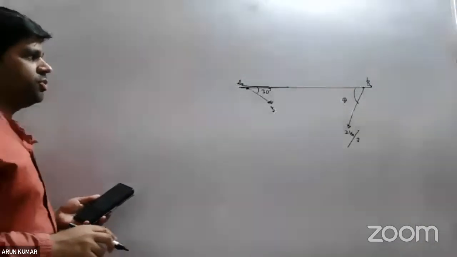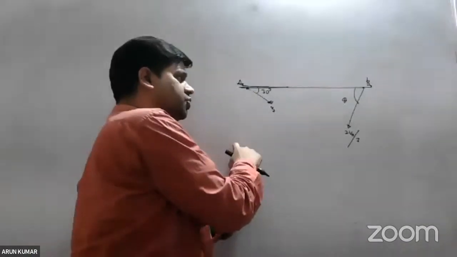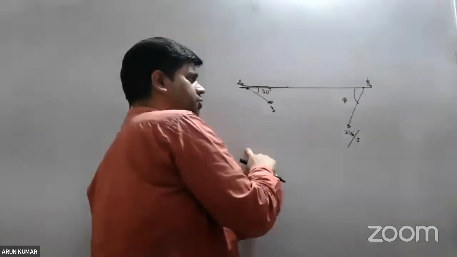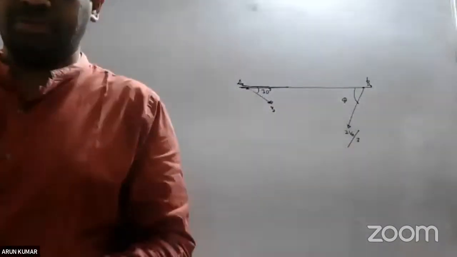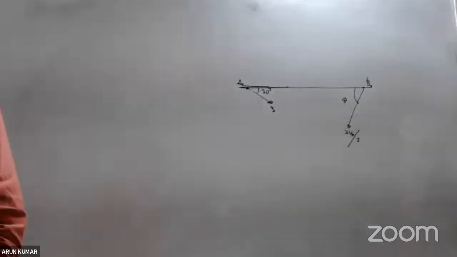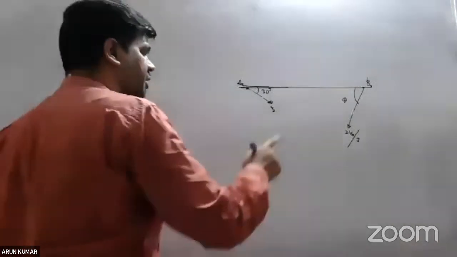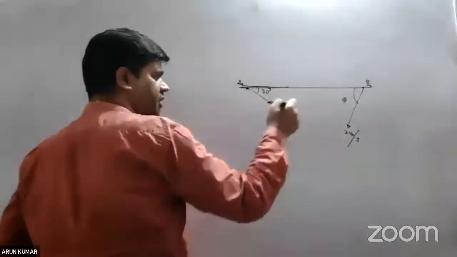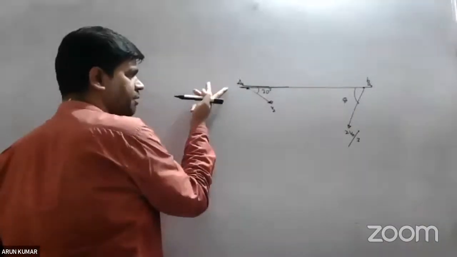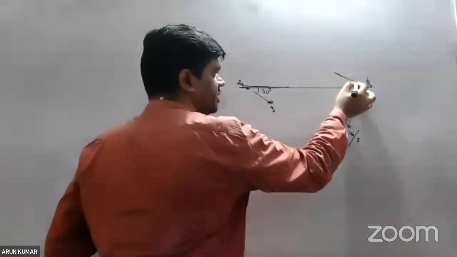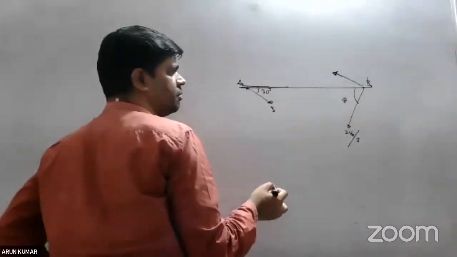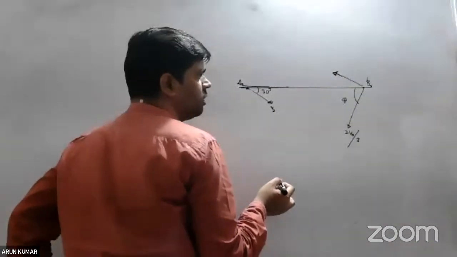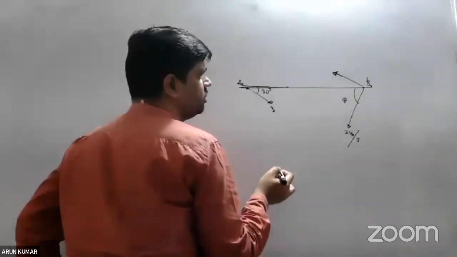So velocity of B with respect to A should be directed from B to A. So velocity of B with respect to A can be put down. How will I do that? VB minus VA. VB is given, minus VA. I will flip this and add it here. When I add it here,